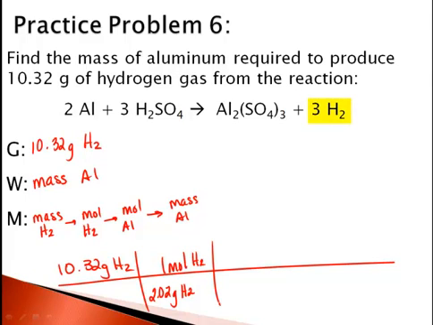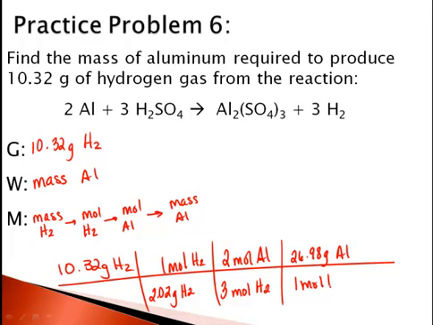Referring to my balanced equation, I see that there are 3 moles of hydrogen and 2 moles of aluminum. And then the molar mass of aluminum is 26.98 grams of aluminum in 1 mole of aluminum. So grams of hydrogen cancel, moles of hydrogen cancel, moles of aluminum cancel, and I'm left with grams of aluminum. So I take my 10.32, divide that by 2.02, multiply by 2, divided by 3, times 26.98, and I get